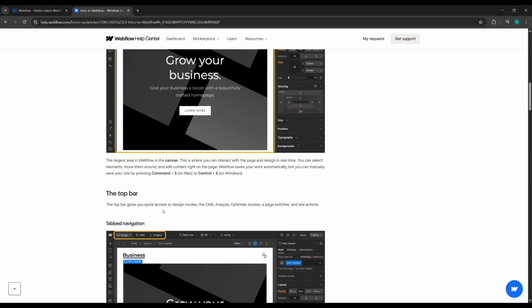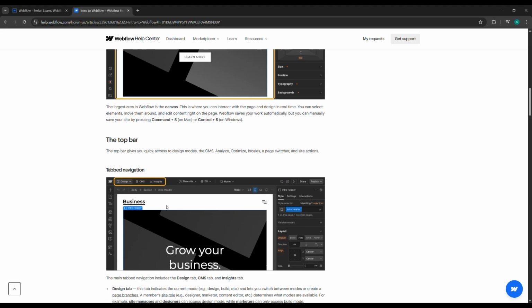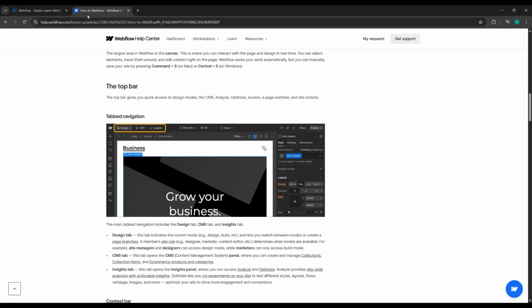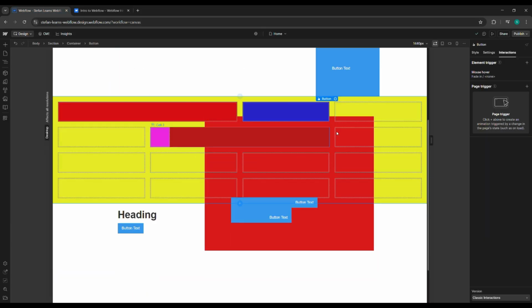Okay, the top bar gives you quick access to design modes, the CMS, analyze, optimize, OKRs, a page switcher, and site actions. Yeah, we saw that. The design, you can change this to build, CMS, insights, base site, the language, OKR, the page. Here we can preview the site, share the site, publish the site. It's a very good and intuitive UI. I like it a lot. Even for a complete beginner, I think we could